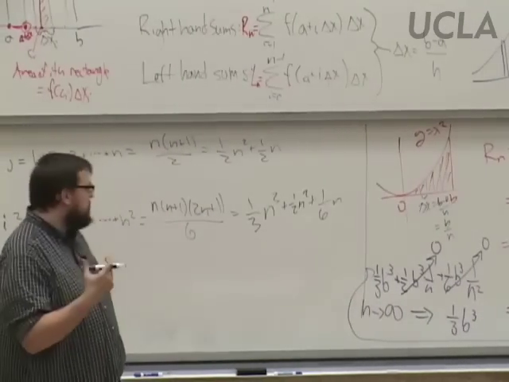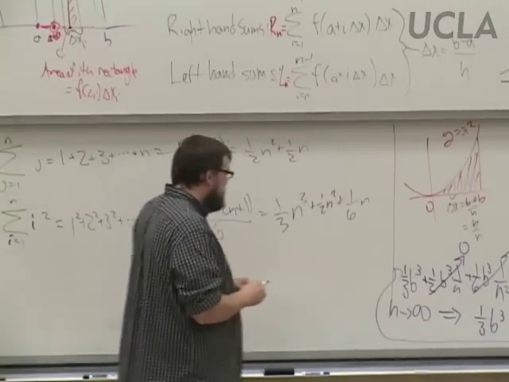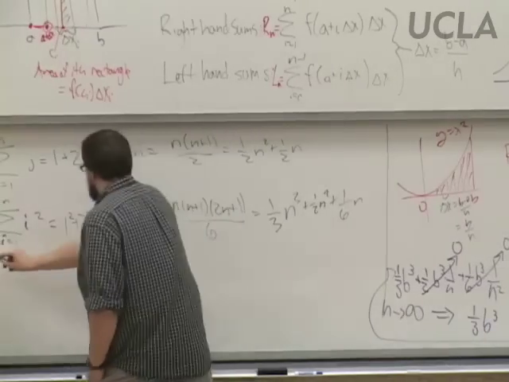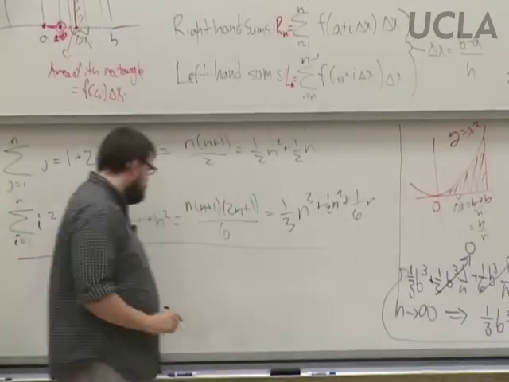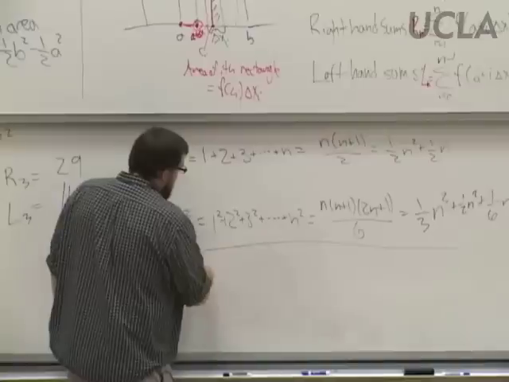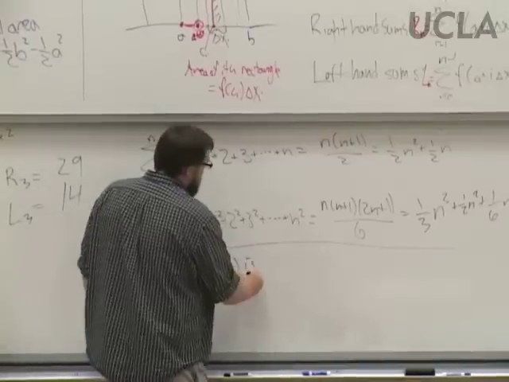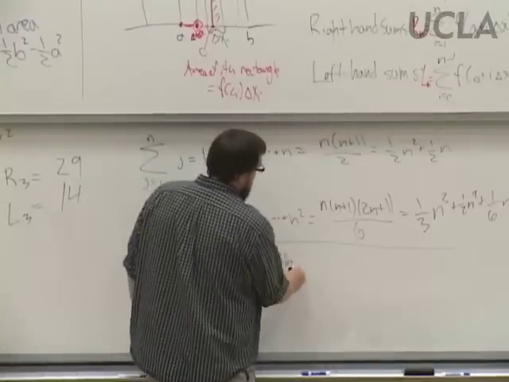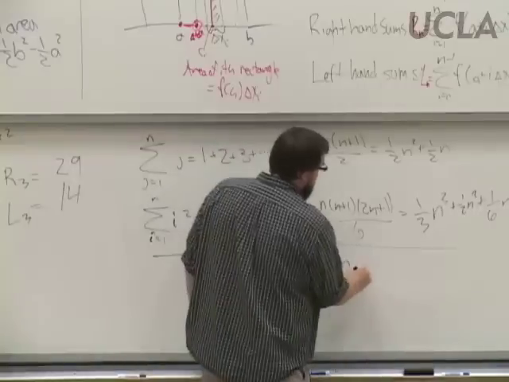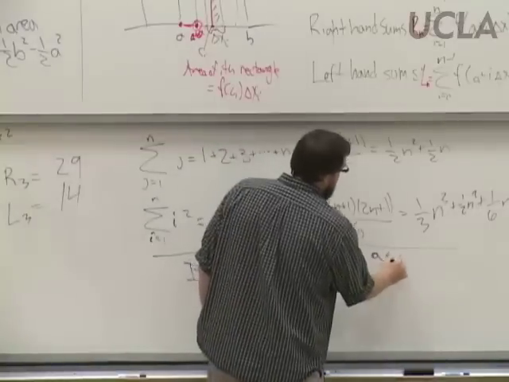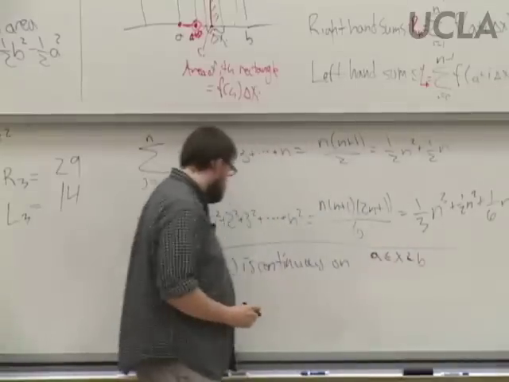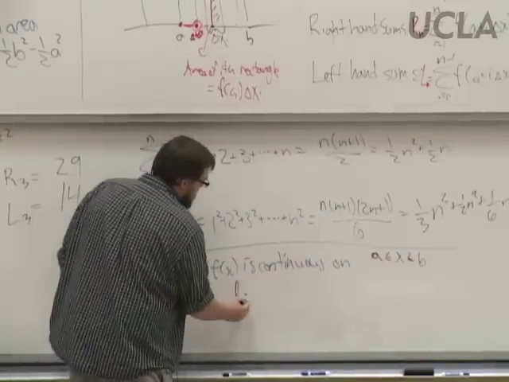To be strict, I should also do the left-hand sum. But I'm not going to do that. I'm just going to state something, and we're not going to prove it. If our function f of x is continuous on the interval a, b, so a less than or equal to x, less than or equal to b, then if you look at the limit,